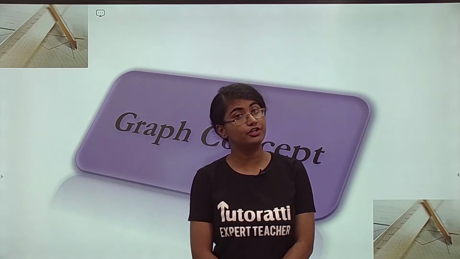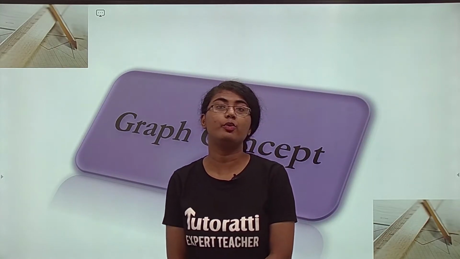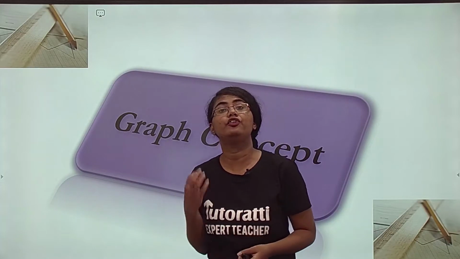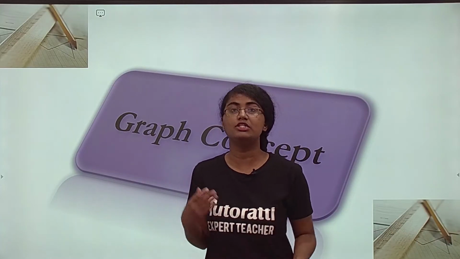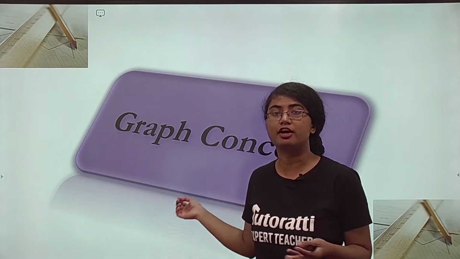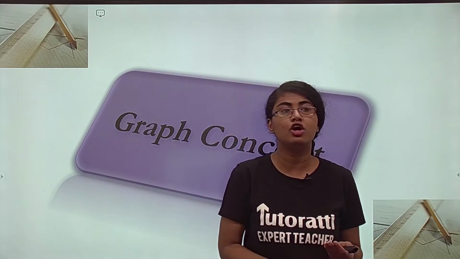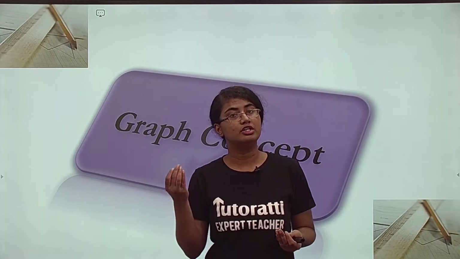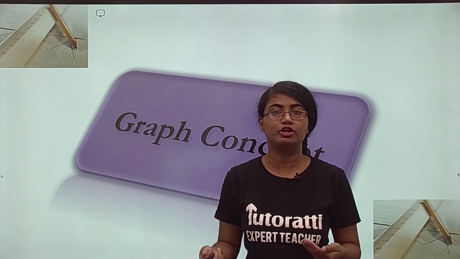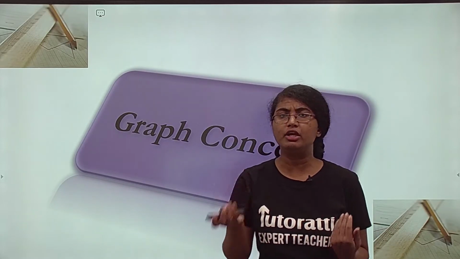So we have started a new chapter by the name linear pair of equations in two variables, and we saw its standard form and three different methods of trying to obtain its solutions. Today we are going to be studying the fourth method, that is the graphical method of obtaining solutions of simultaneous equations. Before jumping directly to the graphical method, let's try to understand a little bit about graphs.